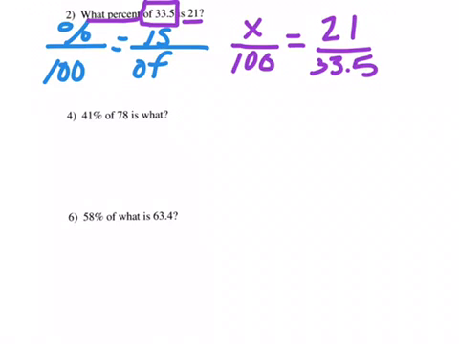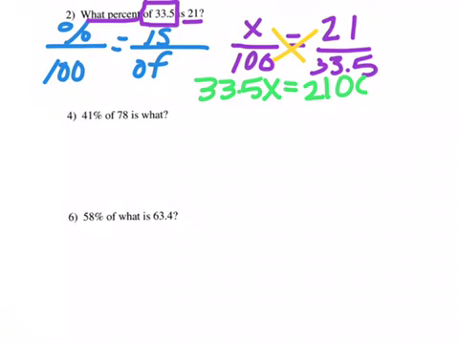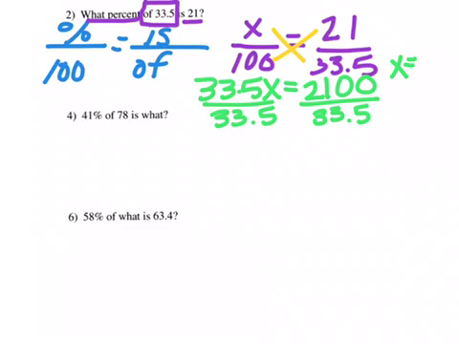Now, you should have some experience solving proportions. I like to make an algebraic equation where you just cross multiply. So if I did that, I end up getting 33.5x equals 21 times 100, which is 2100. Then to get x by itself, you divide by 33.5 on both sides. So when we solve for that, we get x is equal to